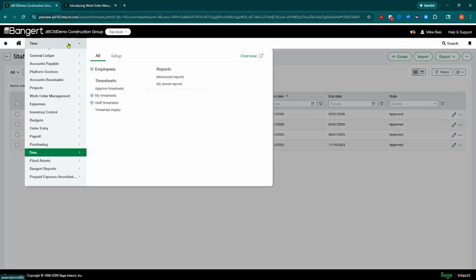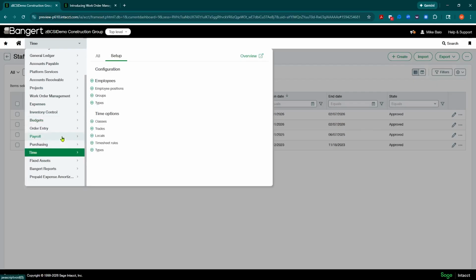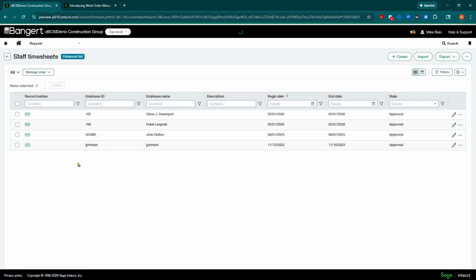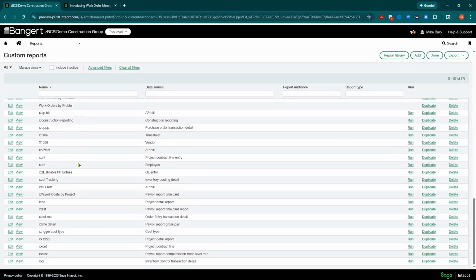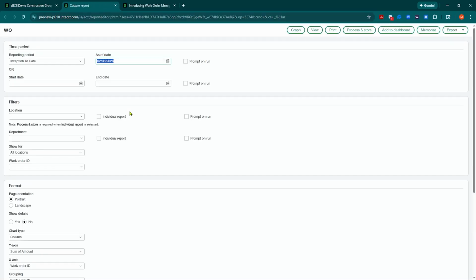Last but not least, I'll show you just a quick custom report I created just to give you a look and feel of what you can get out of the system. But now you'll be able to generate all kinds of reporting off of that work order dimension. Basically, if I go into reports, I made a custom report, again, not real fancy right now, but I just called it work order. If I run this report, you can do some filtering. You could do maybe just for the month or whatever. I'll just do life to date.